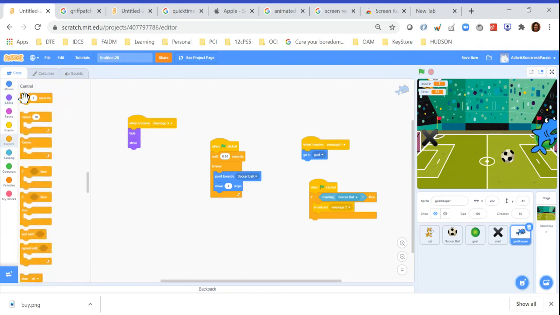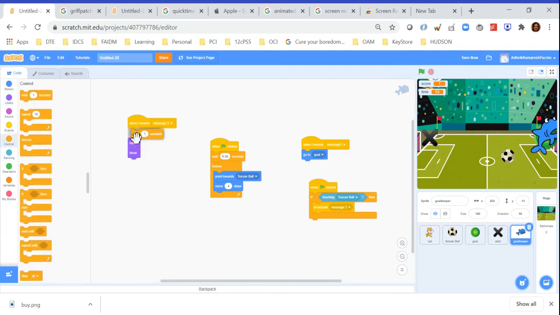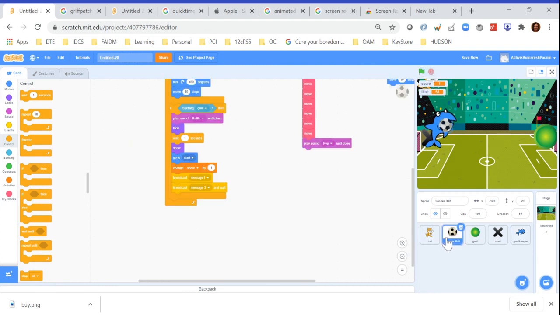Hide and show, go to control. So wait for 1 second and show. Now this is going to be like that. Now let's try it out and see. Now you go to the goal. Okay, wait. Oh yeah, everything worked, but this time our problem is that actually the soccer ball used to stop, and